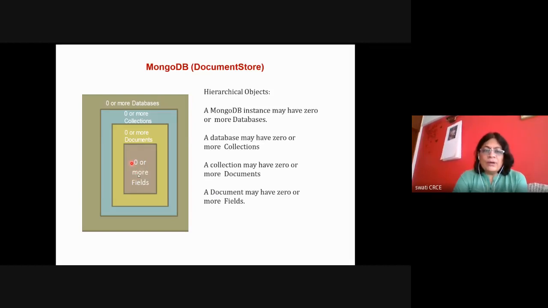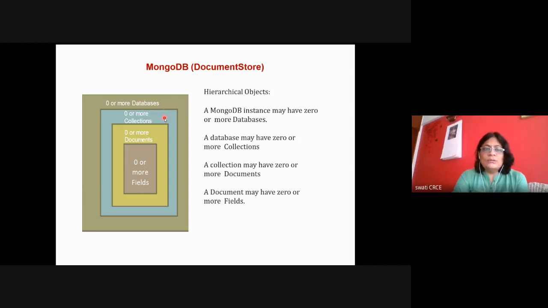So a group of everything is a collection. The collection of these key values, or this collection of fields, is your row in RDBMS. This row is nothing but a document, and you have zero or more documents. A collection of documents is your database's table. So your table is a group of documents, and like this multiple collections make up your database.